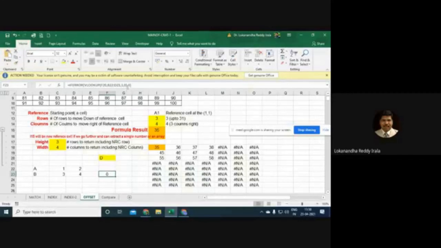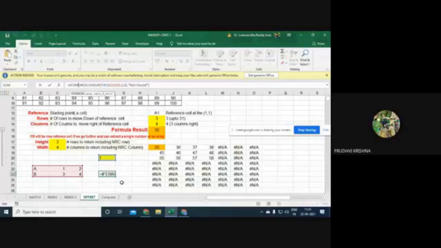I can even give a text message, let us say not found. So if I give D, not found. If it is A, 2, if it is B, then 4. If it is anything other than these two, it says not found. This is called the IFERROR formula.